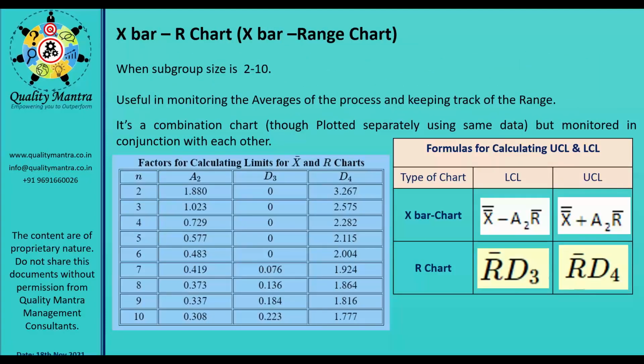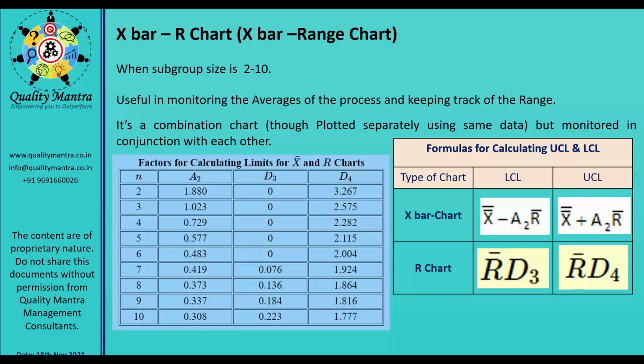Now coming to the X bar R chart. Yesterday we just went through it quickly. We will recap it again today. You use the X bar R chart when the subgroup size is from 2 to 10. Because you have the constants right from 2, you can utilize this X bar R chart even when the subgroup size is 2. It means if you are taking 2 samples from every 100 samples, or 2 samples from every 25 samples, then you can utilize this chart also. And normally it is restricted up to 10.